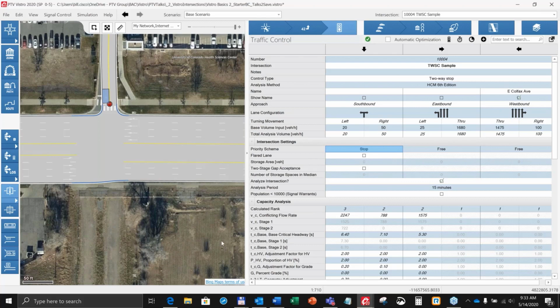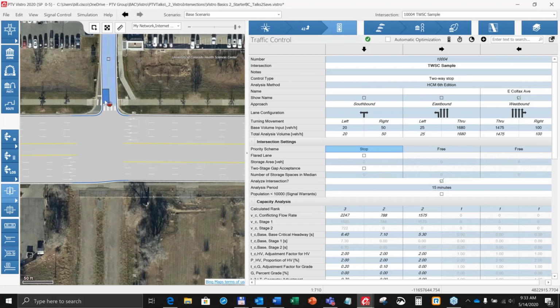And we could go through in a typical case and see all of our HCM results, but there's a couple somewhat uncommon, but definitely occurring, geometric things that can affect the intersection capacity and operations at two-way stop intersections. Those have to do with whether you have a flared lane approach or if you have what's called a two-stage gap acceptance. Here for the southbound, you can kind of see it in the aerial below our network that as